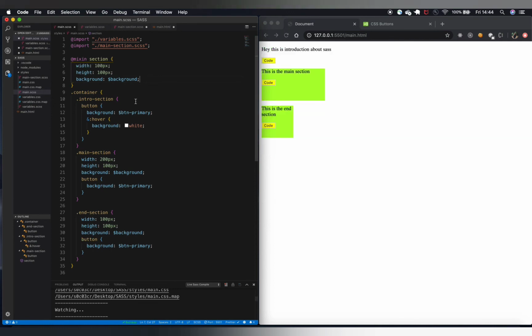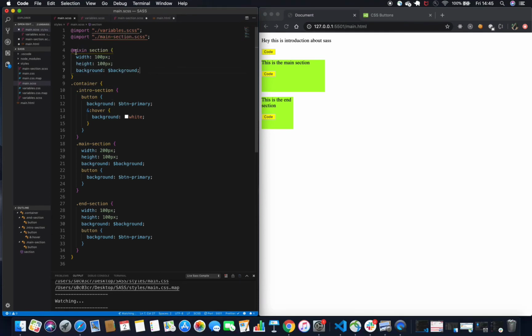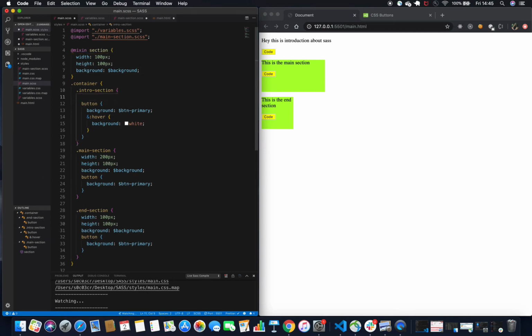Okay. So now we need to tell our intro section that we are going to be picking this from this particular mixin. So in order to use this particular mixin, the syntax here is this. You need to do @include, and then the name that we gave, which is basically section, right? And it's like a function, so you actually need to do this.